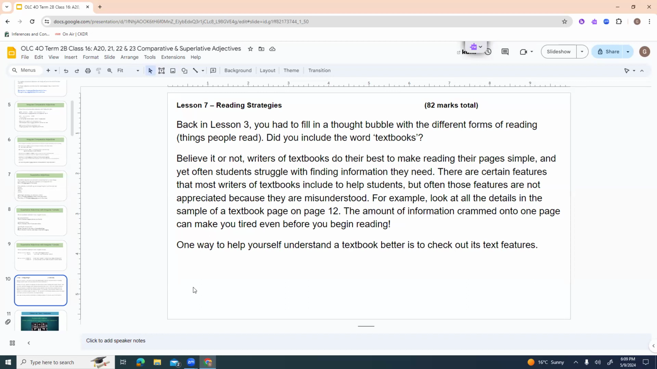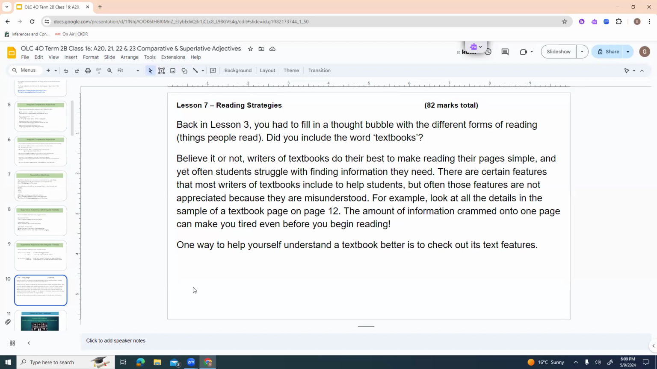To me, it's like being on the corner of a street and there are 6 or 7 different people shouting at you, trying to get your attention. You don't know where to look first. So there are certain features that most writers of textbooks include to help students, but often these features are not